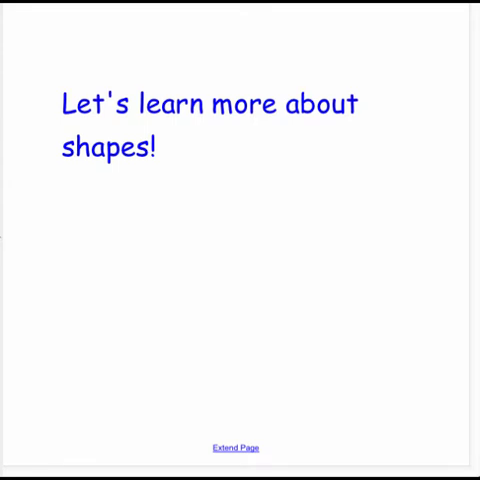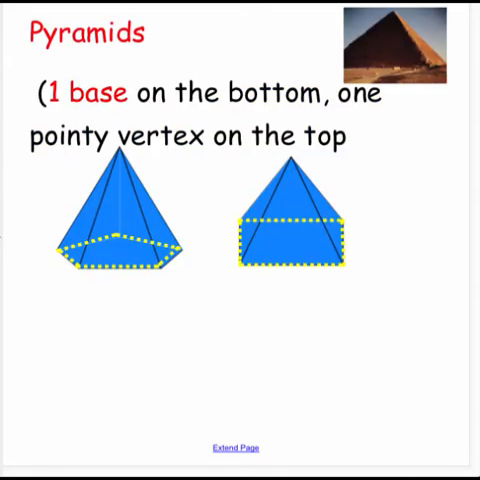Let's learn some more about shapes. Pyramids have 1 base on the bottom, 1 pointy vertex on the top. I've highlighted the base in yellow. This is the part that the shape sits on. And it also has a vertex at the top. This is a pyramid. That's important to remember that they have 1 base on the bottom and 1 pointy vertex